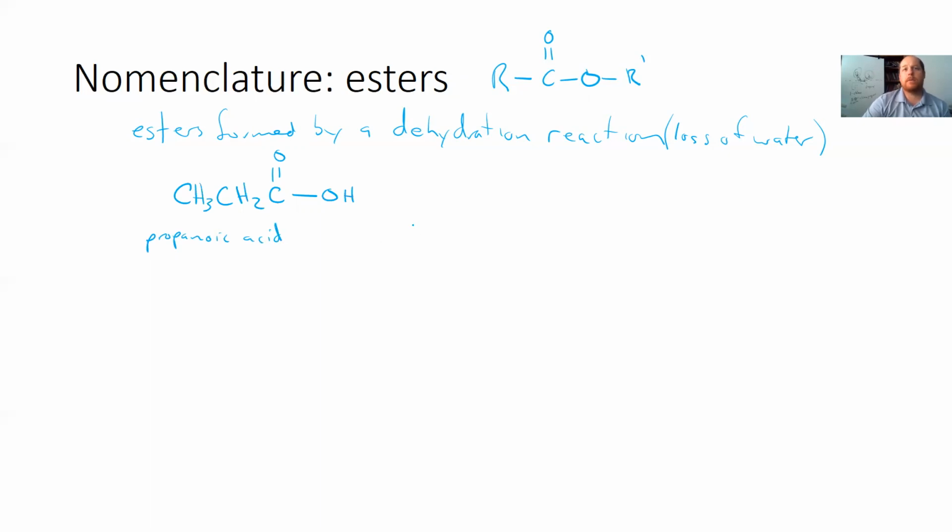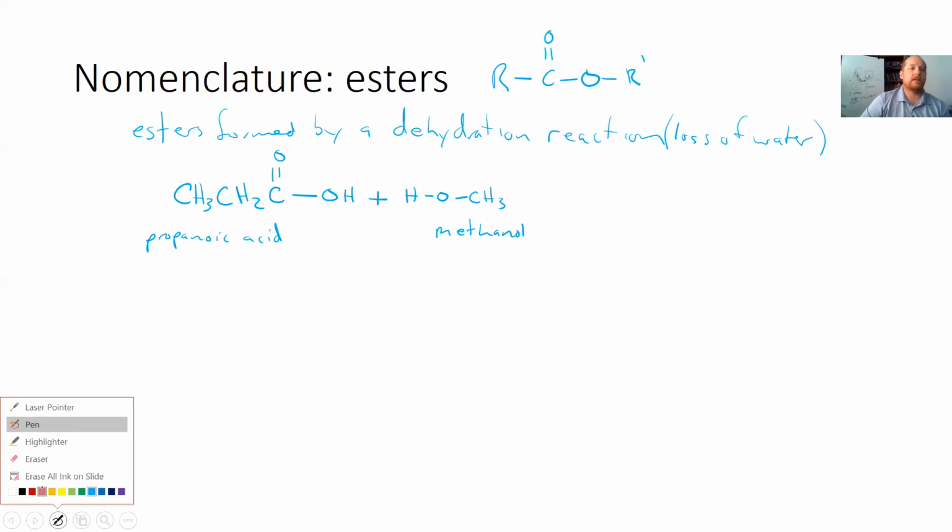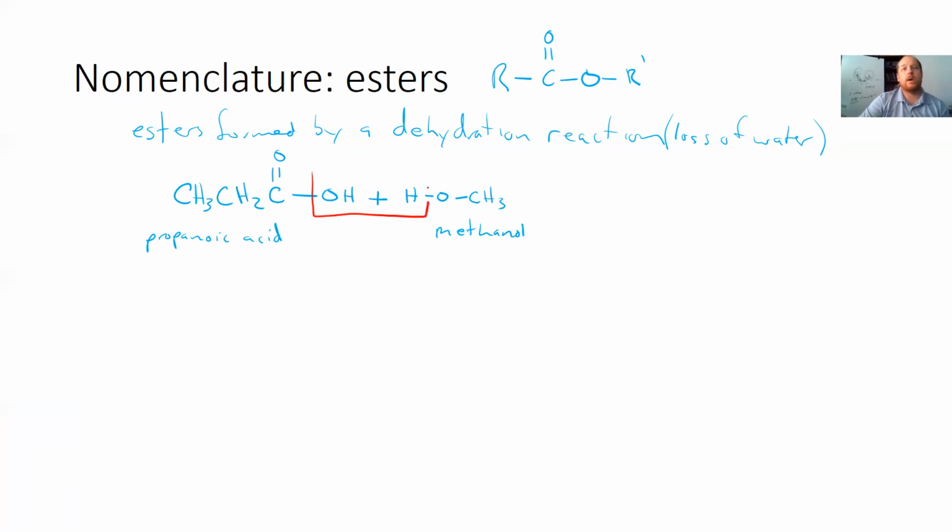And the way you form an ester is that a carboxylic acid will react with an alcohol. This is methanol. And to form this ester, a dehydration reaction occurs whereby you lose water,